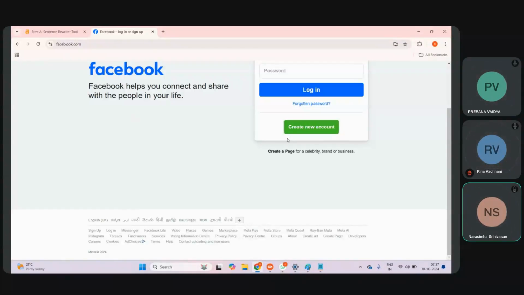Wait, I will show you. Maybe it is there in Instagram. It was there in all the applications. I think they have removed it, or they have not removed it. Maybe I'm not able to find it immediately. How to open account, privacy, help,